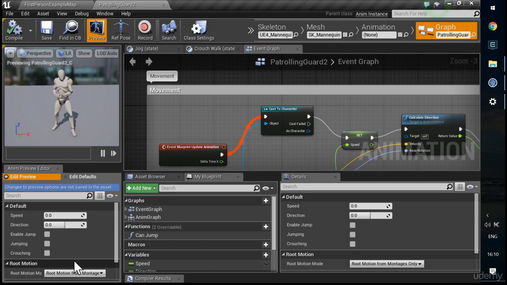And what we can do is change how he's animating using the details down here in the bottom left corner. And this is the whole point of the animation blueprint, is that using a few simple properties like your speed, direction, whether you're jumping, whether you're crouching, it infers how the character should be animating. And there's some complex logic going on in the animation blueprint, but you don't need to know about it just yet,